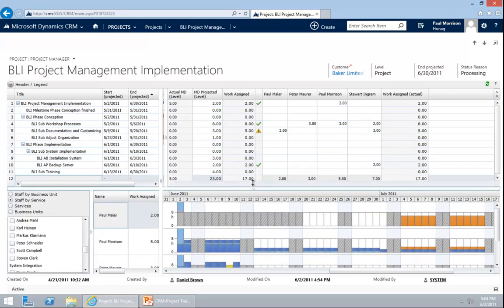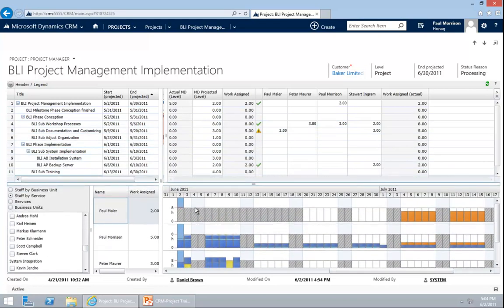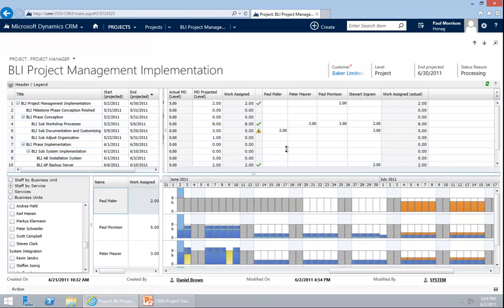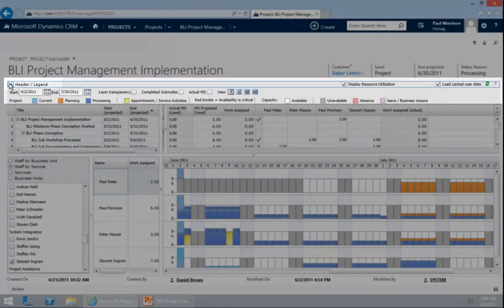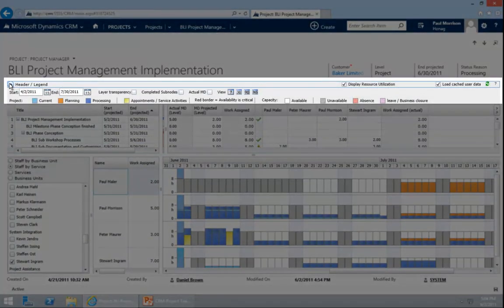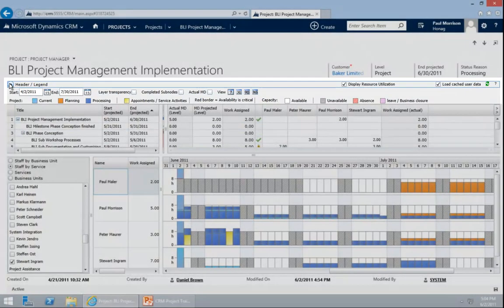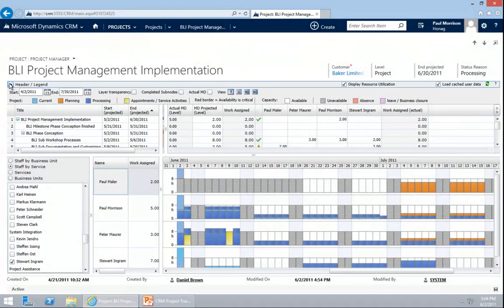Now, if I want to know what these bars are, how they look like, or what this utilization means, we have in the planning table also a header for all the colors. This header legend is hidden by default because once you're working with a CRM project, you get used to these colors really quick and you will know them by heart in just a few days, I promise. So these colors, what do they mean?